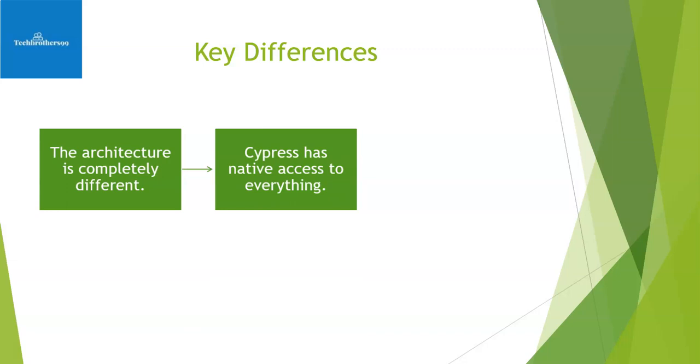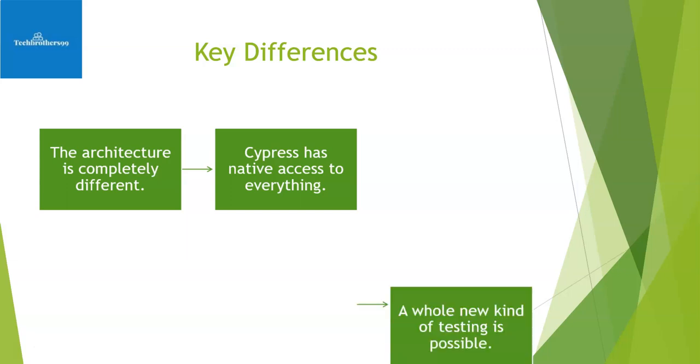And the second feature is that Cypress has native access to everything, because Cypress operates within your application. That means it has access to every single object, whether it is the window, the document, the DOM elements, your application instances, functions, timers, service workers, or anything. So it has access to everything. There is no object serialization and no over-the-wire protocol. So we have access to everything in Cypress.